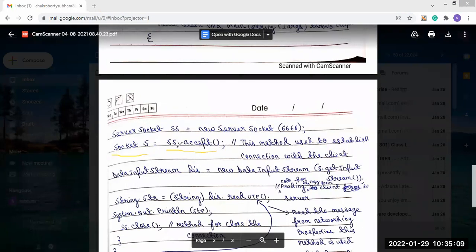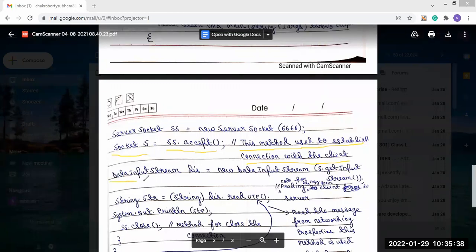The object of the server socket class. With that object we are calling the accept method, which we already saw in the second step. So the server invokes the accept method, and this method is used to establish the connection with the client.